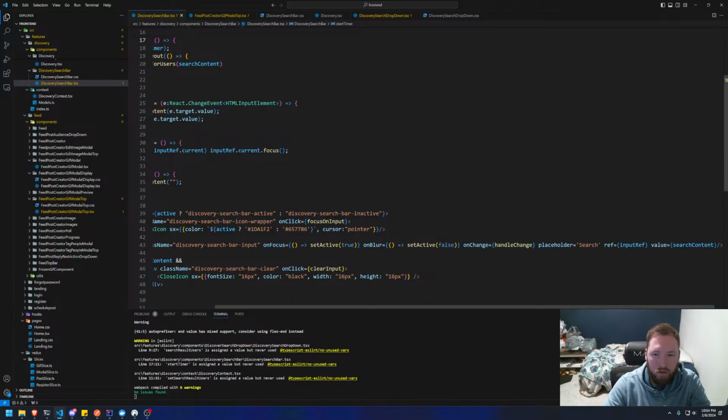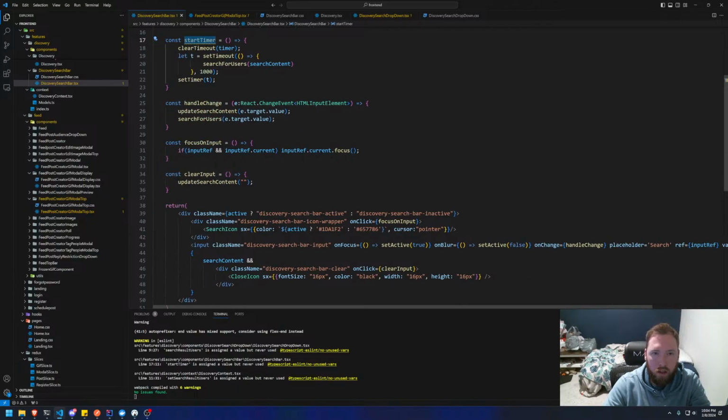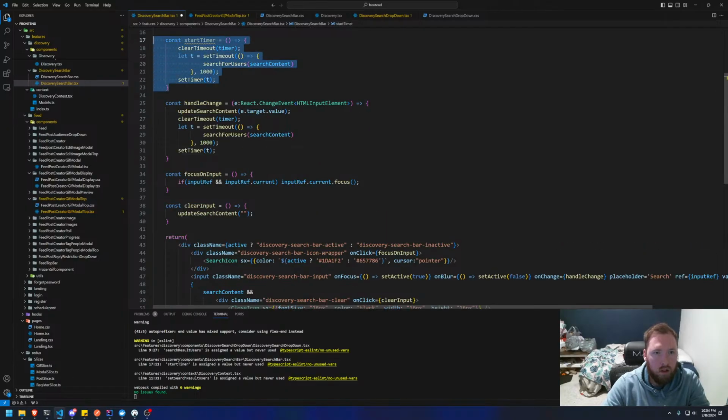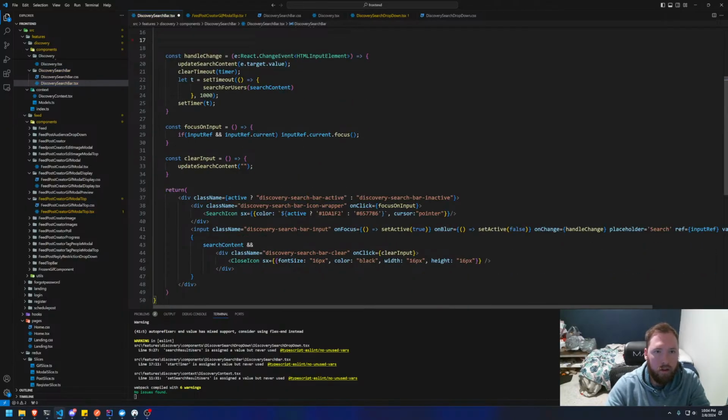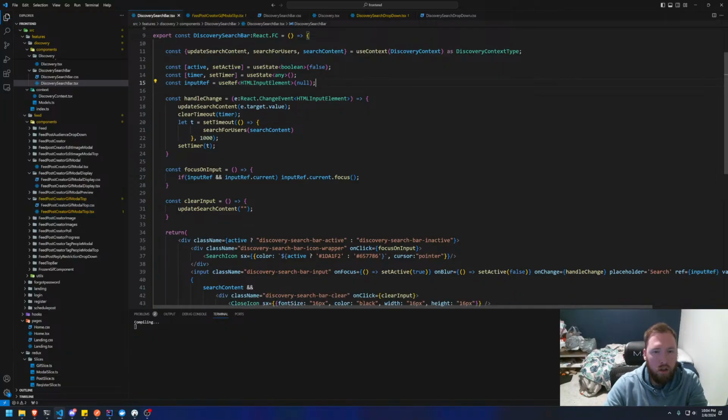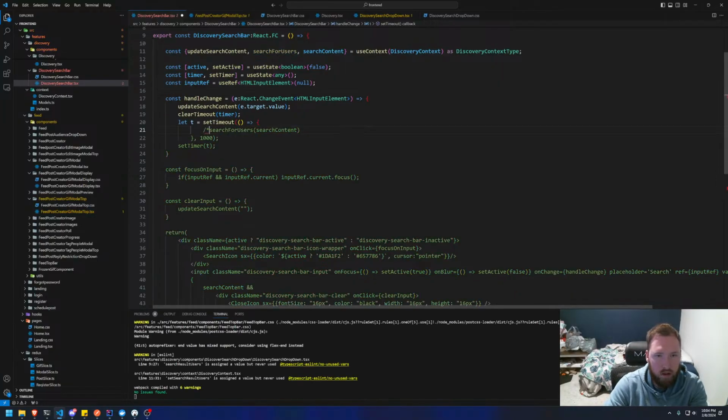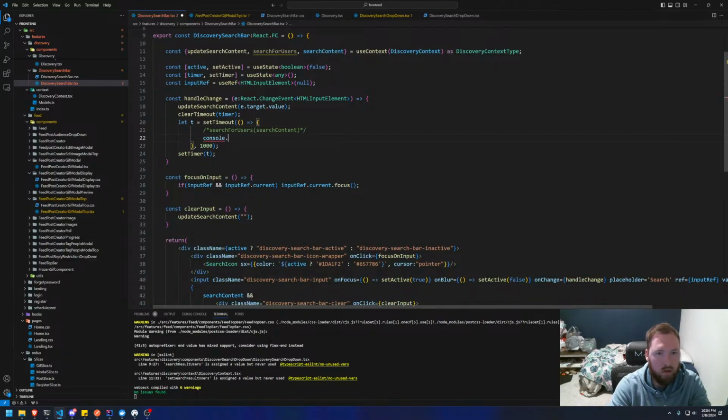inside of here, and it probably could have been in the handle change, to be completely honest, because every time we type in it, it does something. So actually, let's put it inside handle change. So let's once again copy this, and instead of calling that, we'll do this, and every time it changes, we'll go ahead and clear it out. So, but instead of doing this, let's just get rid of this for a second, and let's console.log